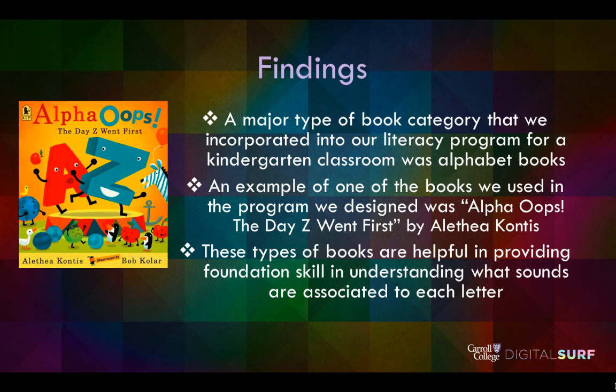Firstly, we found that it is essential in a kindergarten classroom to incorporate the foundational skill of mastering the alphabet. This includes the student becoming familiar with the sounds each letter of the alphabet makes. An example of a book we listed is Alpha Oops, The Day Z Went First by Alethea Kontis. This book is fun and engaging, using creative images as well as starting backwards in the alphabet with Z going